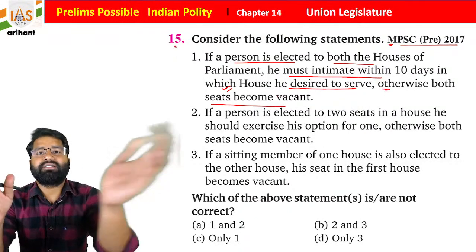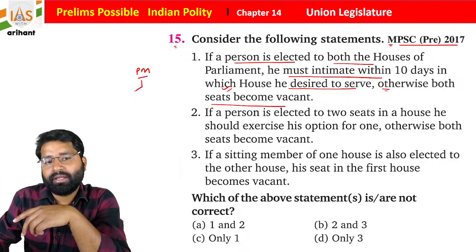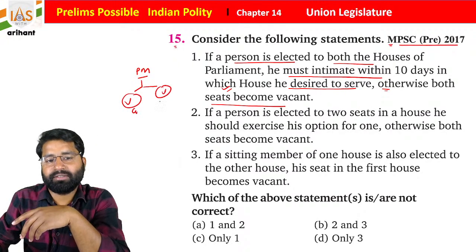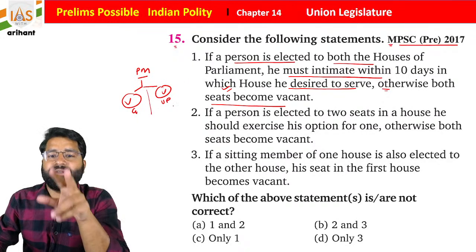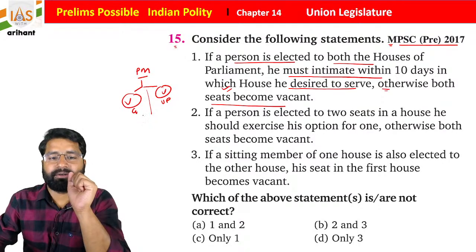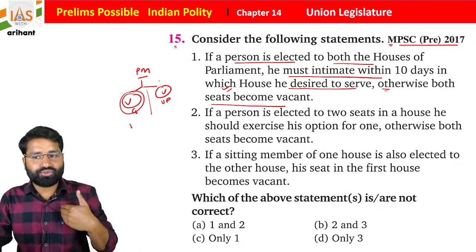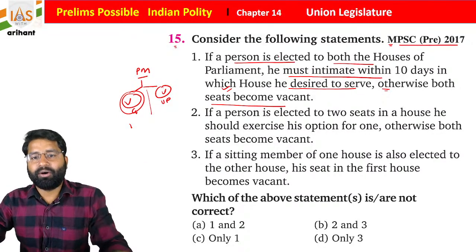Okay, so let's suppose, students, Prime Minister Modi ji was initially chosen from Vadodara and from Varanasi, from Gujarat and from UP. So let's suppose he is chosen for the two seats. So he has a choice to leave whichever one he wants. Okay, now if a person is